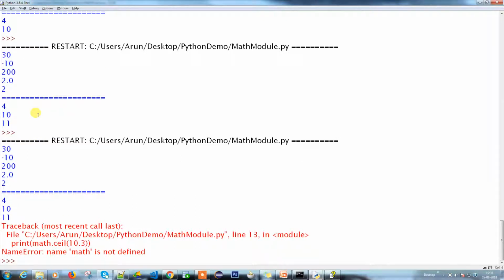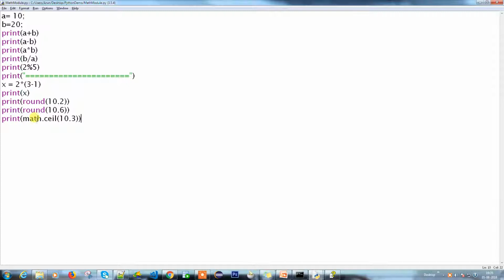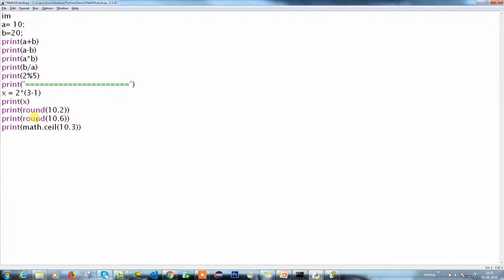I got an error. NameError: math is not defined. The reason is that this particular math is not coming from the predefined library. You need to specify the math package. So you need to import math